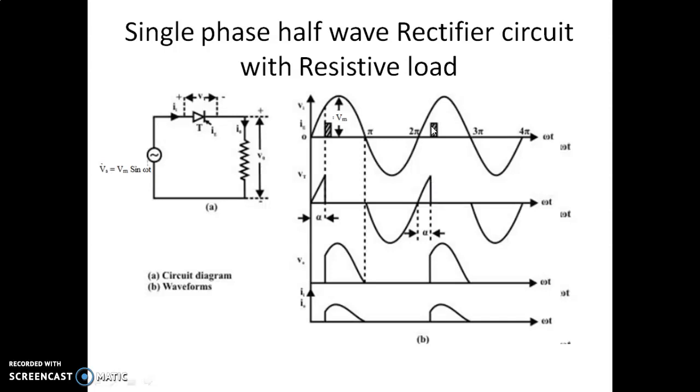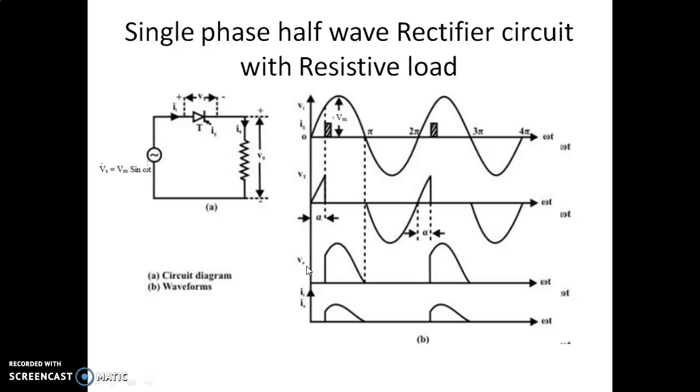In the next positive half cycle, a gate trigger is applied at an angle 2 pi plus alpha, and at that instant the thyristor turns on. So the voltage across the thyristor is 0. It's like a closed switch. After 3 pi, the voltage reverses, so a negative voltage or reverse bias appears across the thyristor. It turns off and the input voltage comes across the thyristor.